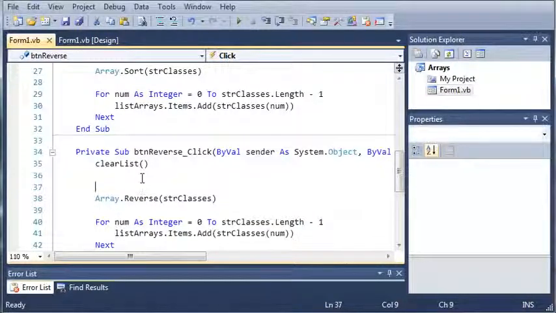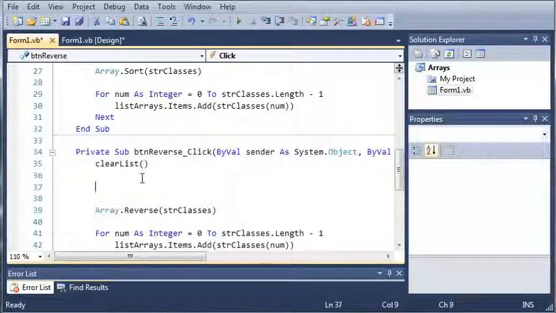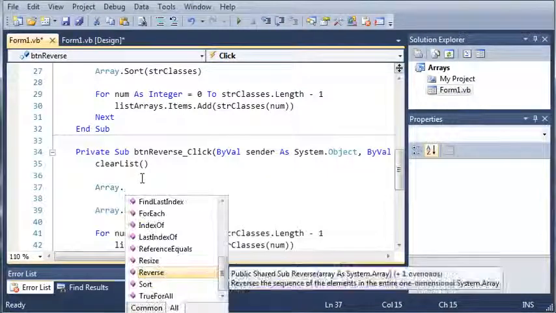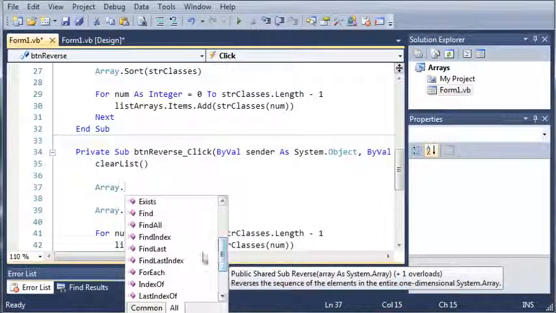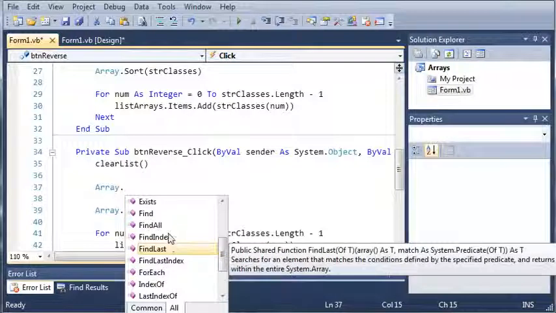Now what you can also do is just play around with this and type array dot and look at each one of these and read the description and see what you can do with that. And then once you feel satisfied with what you've learned and you know you're not going to forget what I've taught you in this,